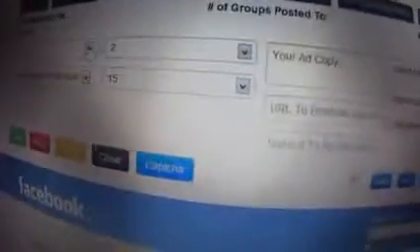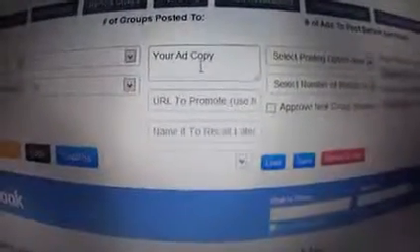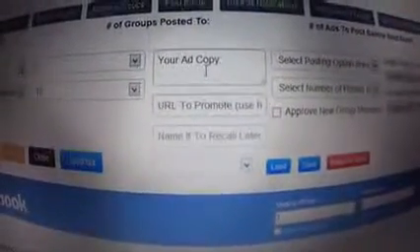And so far, we're working from left to right. We've done that piece here, and now this piece here is asking, the system is asking, what message do you want